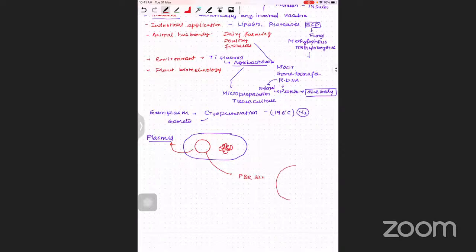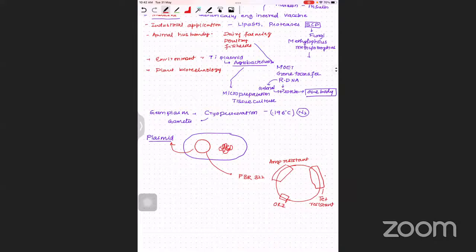in that it will have different portions altogether. What are the different portions associated with? We have the ampicillin resistant gene, so the AMP resistant gene. Then it will have the tetracycline resistant gene. Tetracycline, it is the TET resistant gene. And the portion where replication originates, the ORI, origin of replication. Okay, so all these are representing